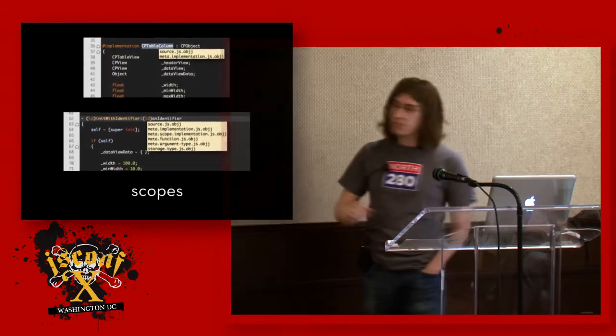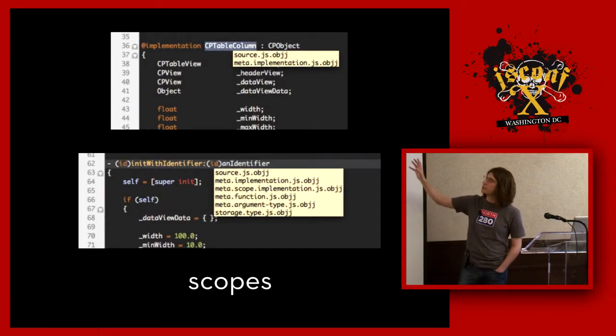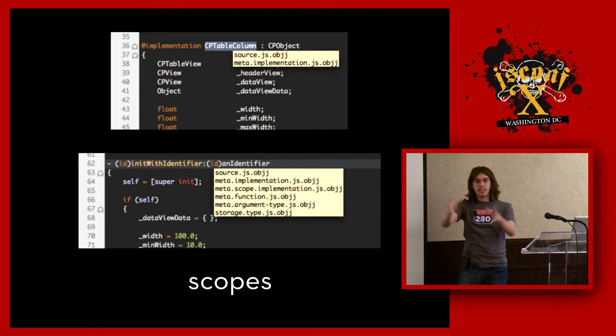However, internally it is quite beautiful. And this is what it does. It actually creates these things called scopes. So basically, right here, that's some Objective-J code. That's the class name. And as you can see, it knows it's in the Objective-J source, and it knows it's within a class implementation. So as it's parsing it, it kind of creates like a tree of your source code,